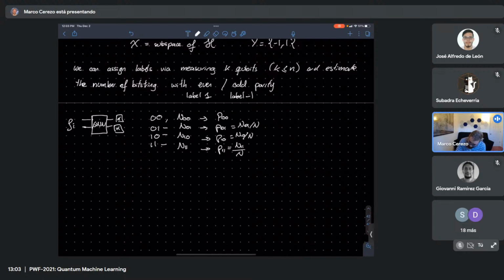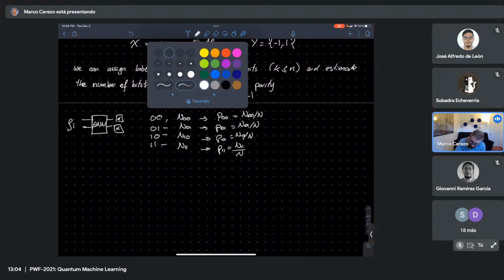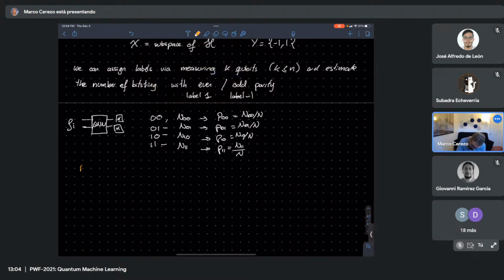Now, we said that what we're going to do is count which is more probable: if the bit string has even parity or odd parity. So the first thing that you might be asking yourself is, how do we compute the parity of a bit string? Let's be technical and define